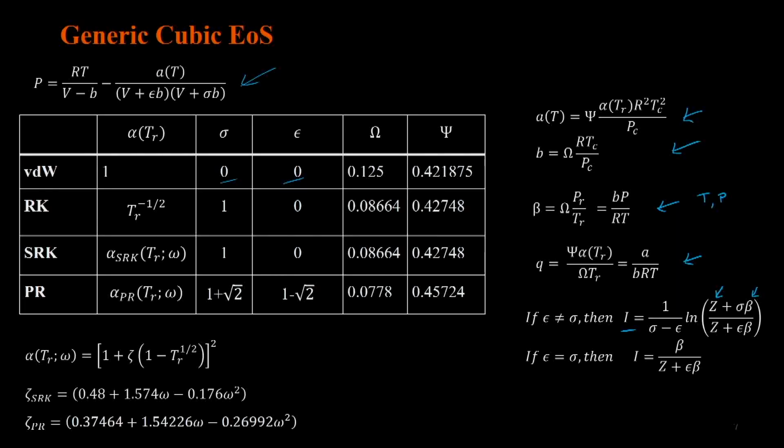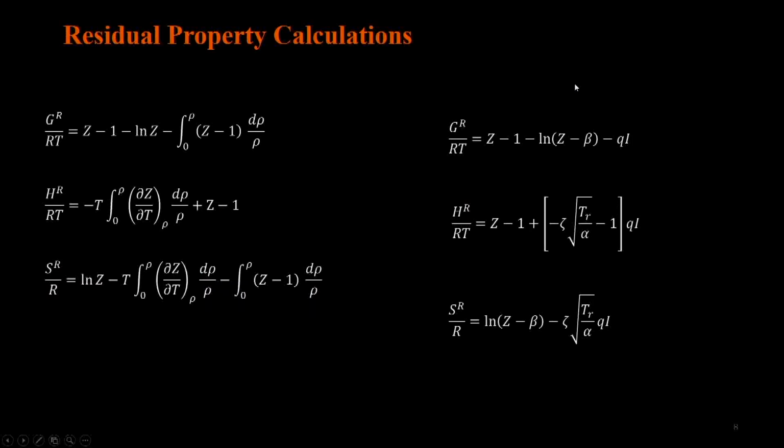Once we calculate all of this, we can go back and use these variables to write out the expressions for various residual properties. In particular, for GR over RT, we have already calculated the compressibility factor and the terms beta, Q, and I, so I can plug those in to get GR over RT. Similarly, for HR over RT and SR over RT, there is a derivative term of the compressibility factor with respect to temperature, and the derivative with respect to temperature brings in this additional term,